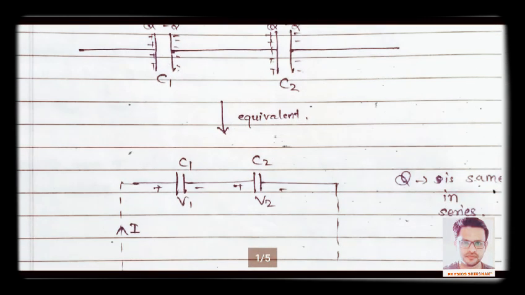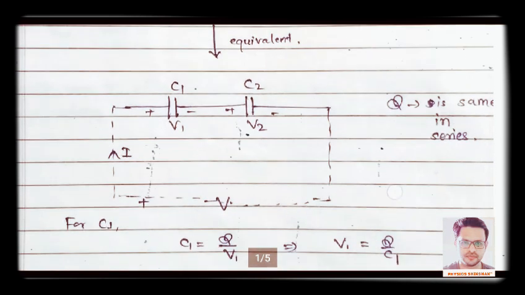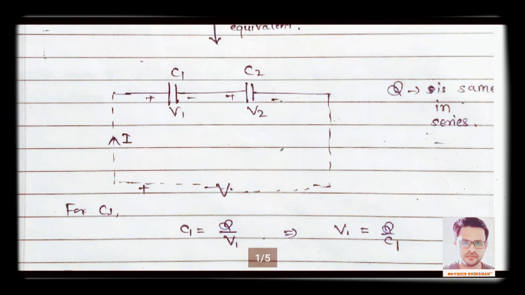Suppose I provide a constant potential across these two capacitors connected in series through a battery. So I have connected a V volt battery across this combination. As you all know, the battery will see the total capacitance, and accordingly it will release a set of moving charges, which we also call current. So the current which will pass through C1, the same current will pass through C2, right?